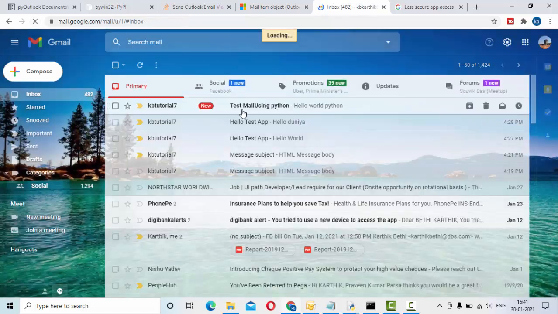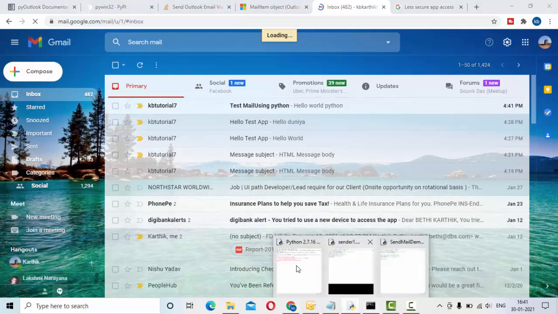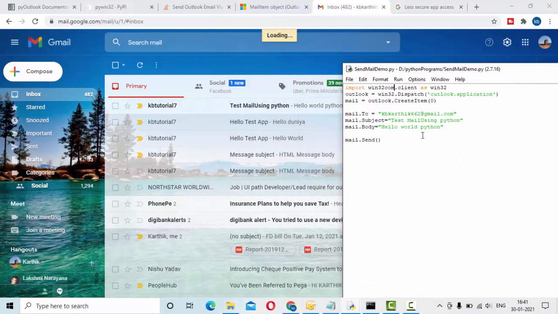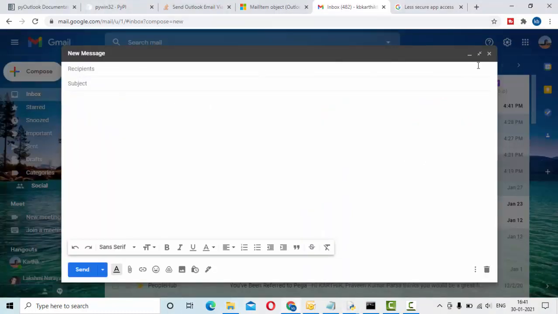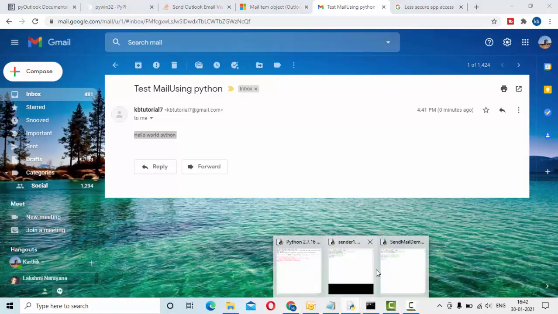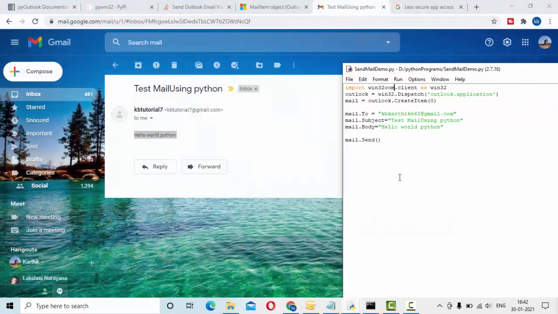Now you could see this one, test mail using Python, which is the subject line that we have sent. So I got the subject line properly. Then click on this, hello world Python, which is the body.